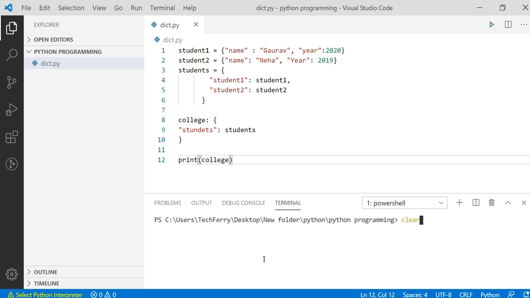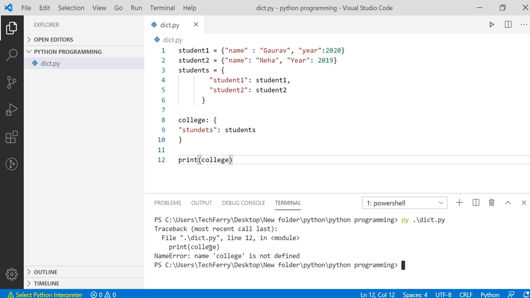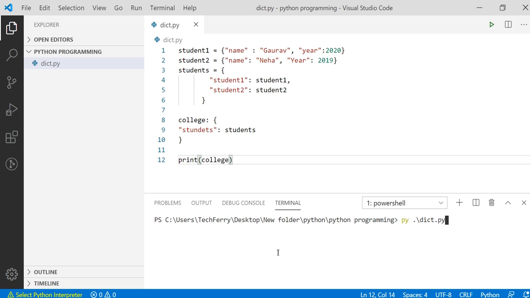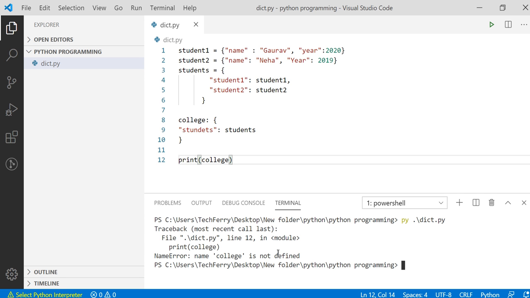If I run it, you can see, okay, some spelling mistake over here. Now I think it is good. We are good to go. Let's run it. Okay, name error, college is not defined.